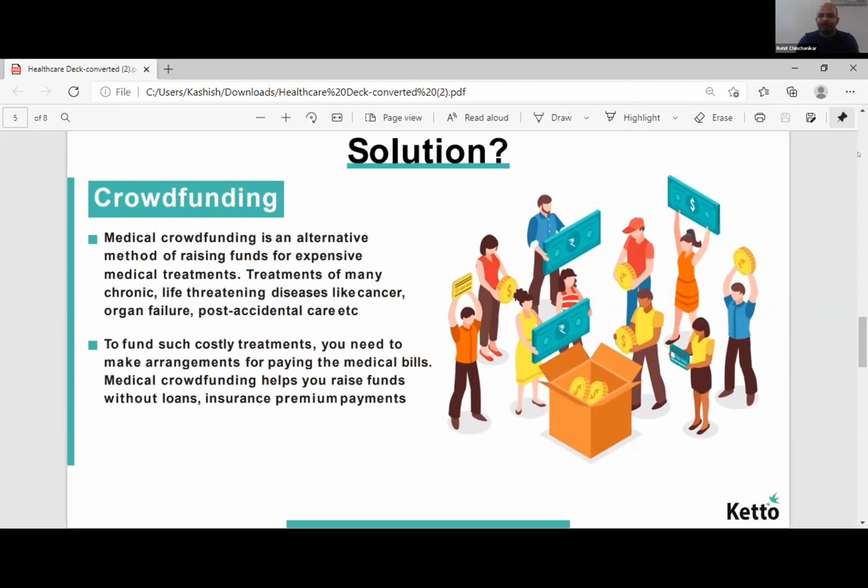What Keto does is first verify the documents of the patient. We verify the cost estimate letter which comes from the doctor, which says that the patient's name is XYZ, the patient is suffering from ABC, and the cost of treatment is about 20 lakh rupees. Once the verification is done, the Keto team conducts a photo shoot of the patient in that hospital premises. And once the photo shoot is conducted, the Keto team interviews the bus driver, the patient's father.